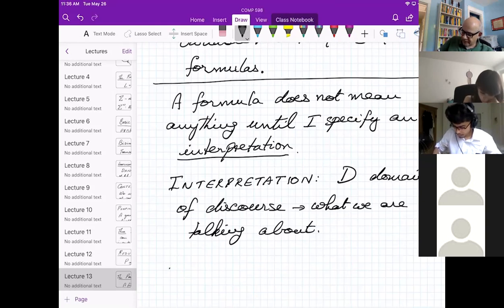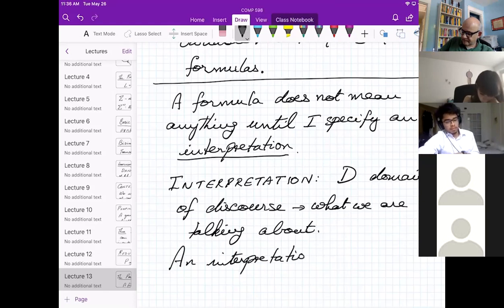So an interpretation, which I'll write with this fancy script I symbol, consists of three things.